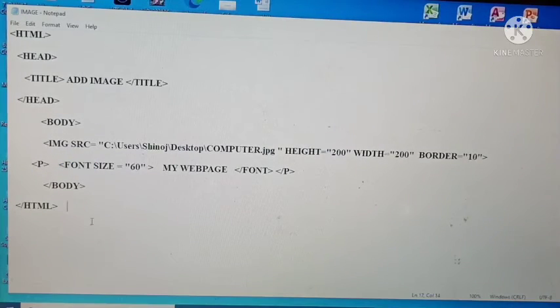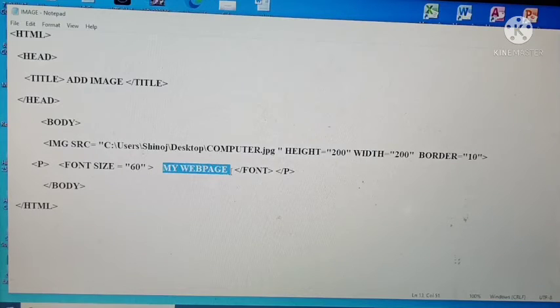Angular bracket open, then font size. I am going to change the size of the text. Then angular bracket open, font size is equal to in double quotes value. This value is user defined. You can give any value there. Font size is equal to 60, that's in double quotes, angular bracket to close, then type text.